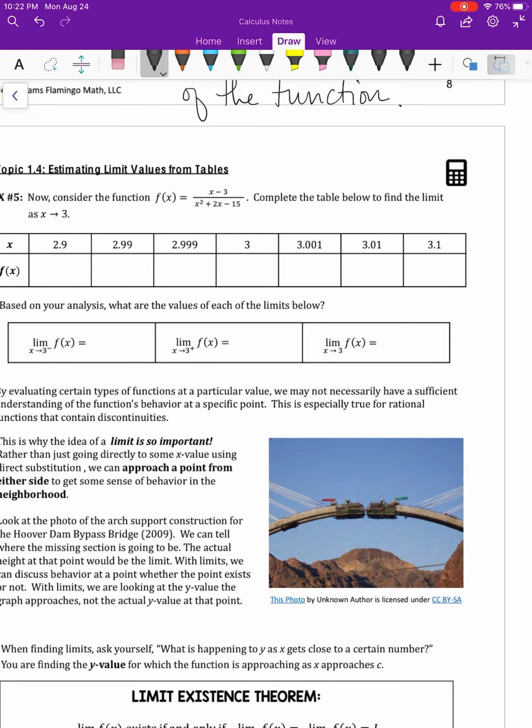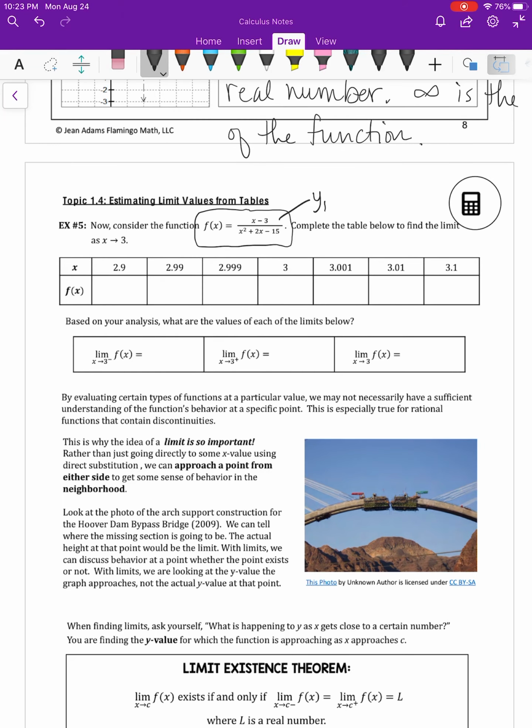So I suggest that you put this in y1 in your calculator. Okay, so that needs to go in y1 in your calculator. This is a calculator problem, and when you have a situation like this, where they give you that function, once you get it in y1, then you'll go back to your regular screen and you'll do y1 of 2.9, and then it'll give you a value, y1 of 2.99, and it'll give you a